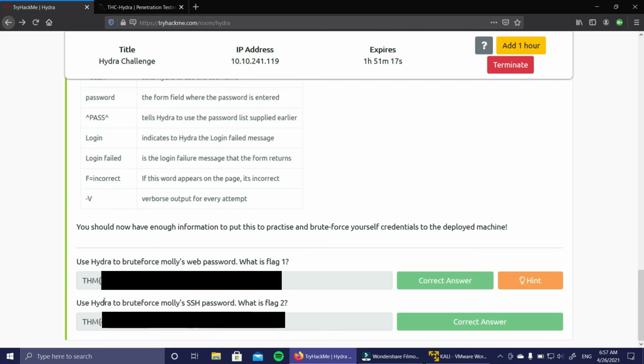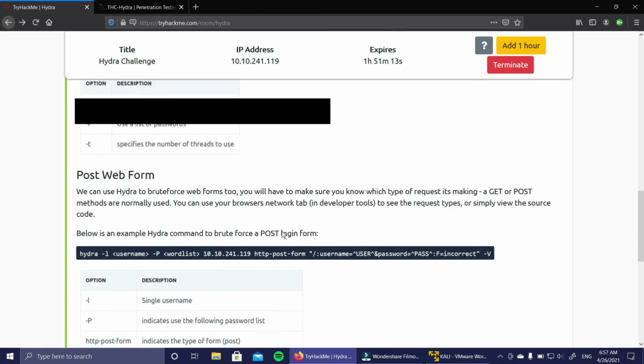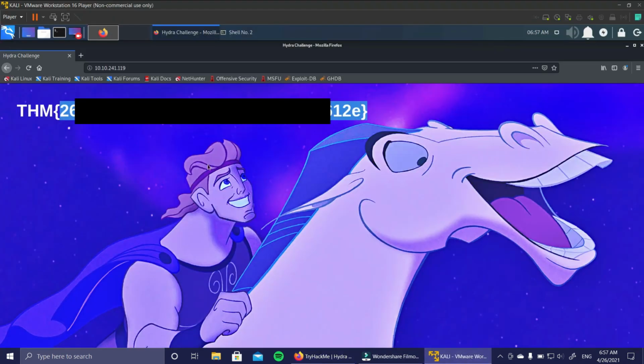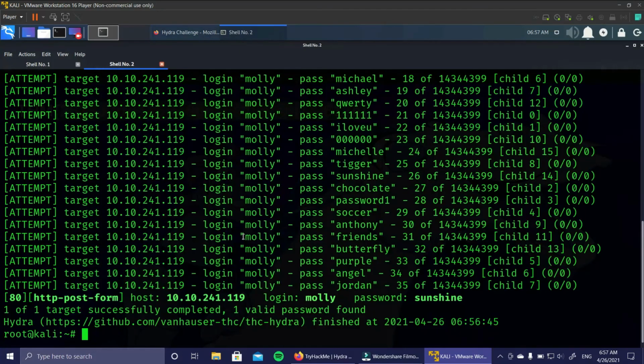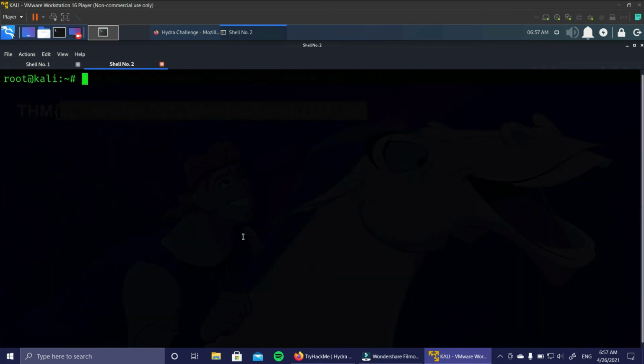The second flag is use Hydra to brute force Molly's SSH password. So brute forcing SSH is even simpler than using HTTP. So I'm just going to clear up my screen. Hydra -l, username is Molly, -P, the password file is /usr/share/wordlists/rockyou.txt.